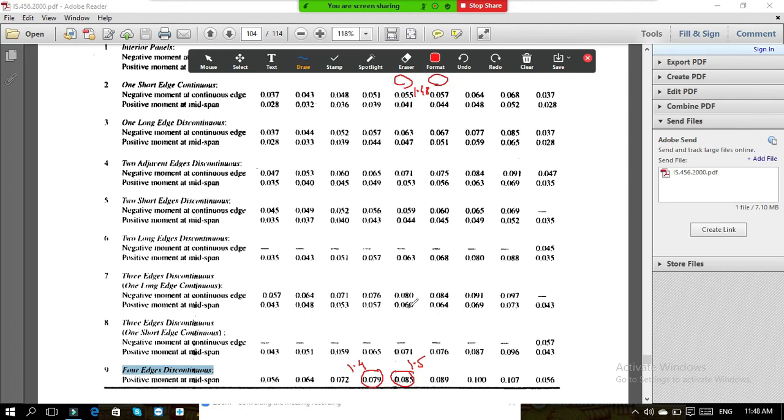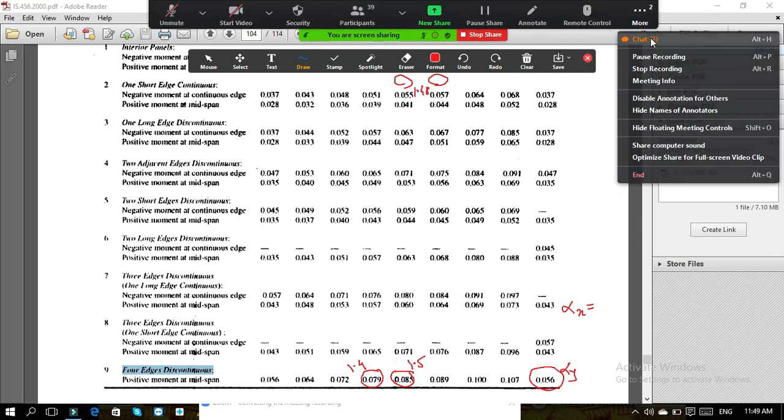In this way you can calculate the value of alpha x by using the interpolation, and for alpha y there is only one single value given over here, so this is the value of alpha y. Okay, W is already known to you. You have calculated the ultimate load, and the effective span is also known to you in the shorter direction, Lx. So you can calculate the bending moment now. Okay, so now I will write all these things on the whiteboard.